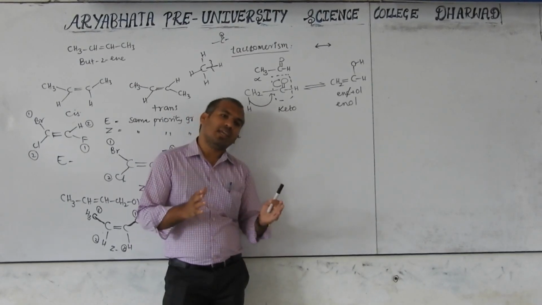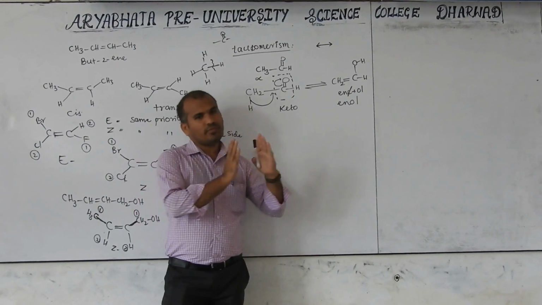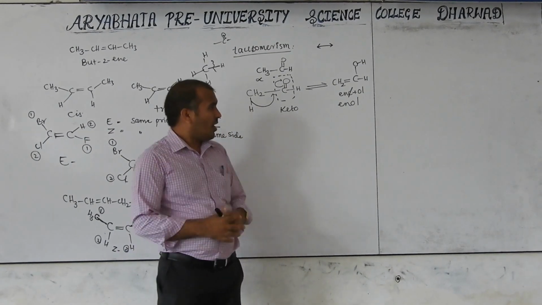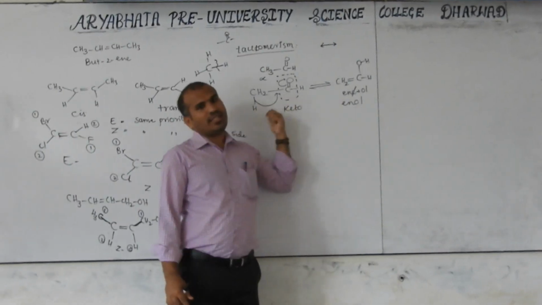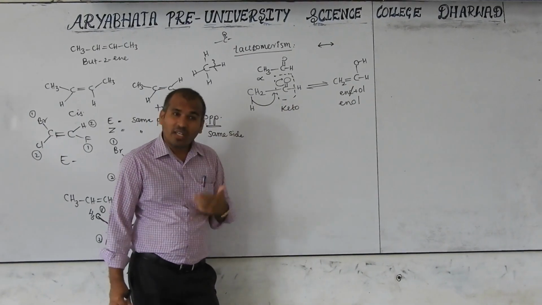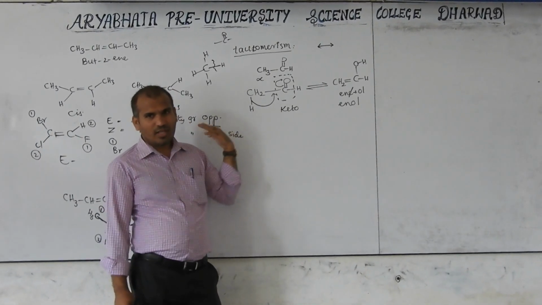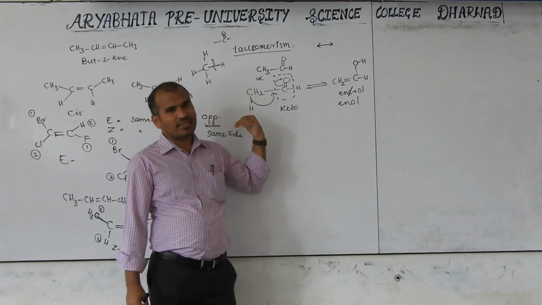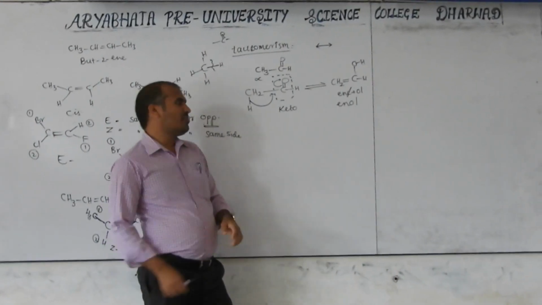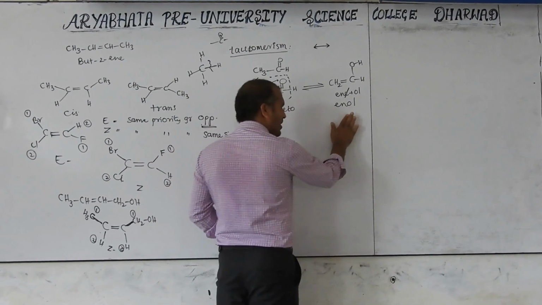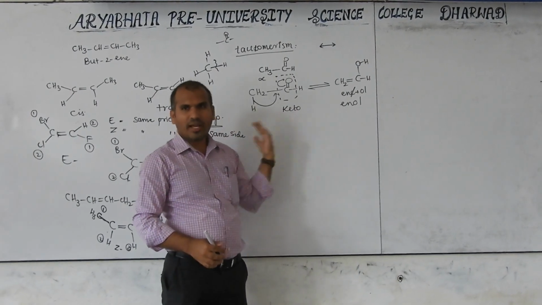Otherwise you may be studying the equilibrium chapter also. Always reactions are carried out in which direction? Stronger to weak. Now I only told here this is the stronger acid. Compare with this one. It is acidic. This is less acid. The reaction is carried out in which direction? Forward direction or backward direction? It is more acid. This is less acid. The reaction is carried out in which direction? Backward direction. That's why it exists in the backward. That's why the equilibrium symbol is given. Again it will be backward.